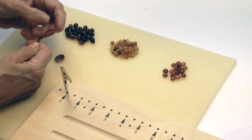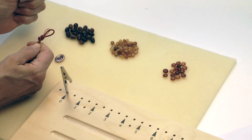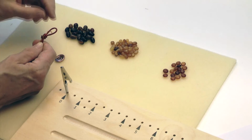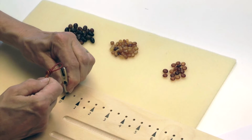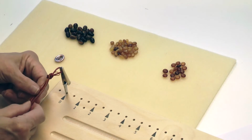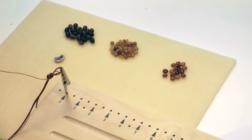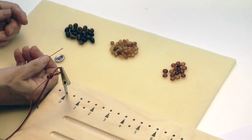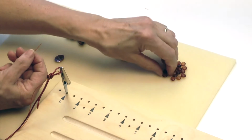And I will go ahead and finish this and get this out of the way when I finish the other end of the bracelet. So to start this, I will go ahead and put my loop into one of the clips on the Knotty Do-It-All board, and I can string. It's easier if you just start stringing a bunch of beads right off the bat. So I'm going to go ahead and just string beads on one end of my wax nylon cord,